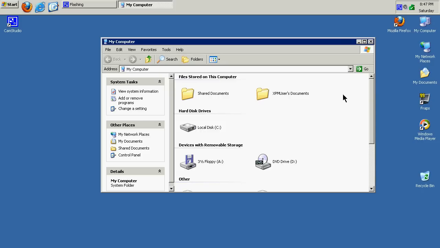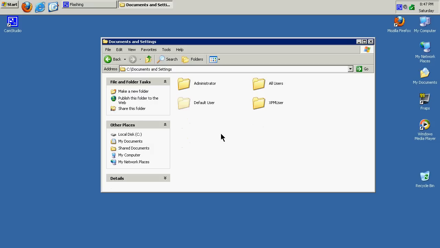Okay, the next thing is you want to know where your profile is stored. That's the reason why I need you to enable viewing of hidden files. Okay, in Windows XP, your location is going to be the C drive, Documents and Settings, and then you're gonna have to look through these users to find the user that you use. Usually, most people, if you built your own computer, you should know what user you're using. But if you're on a computer with multiple people on it,